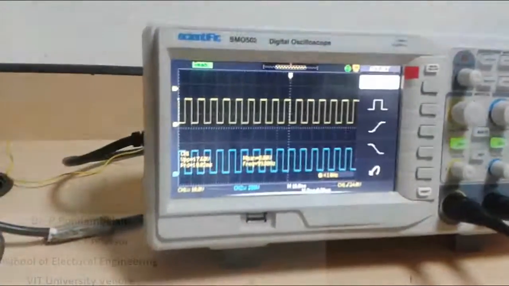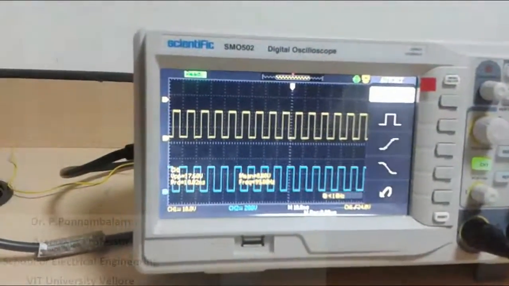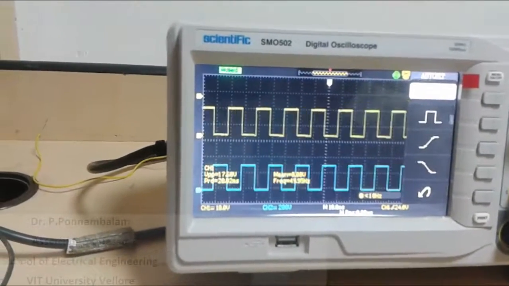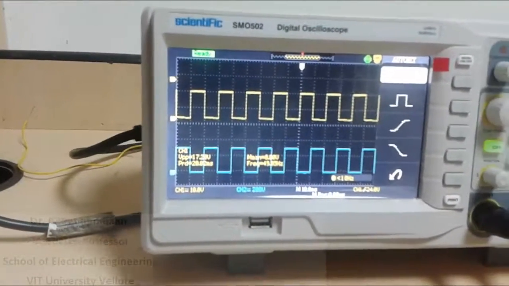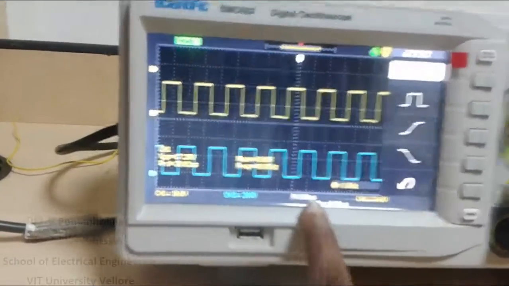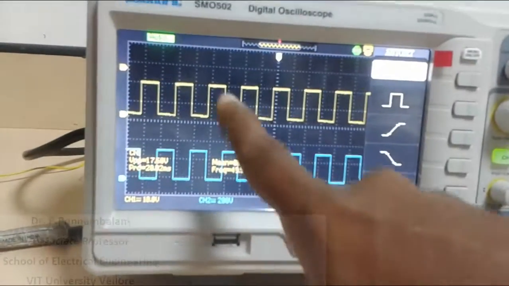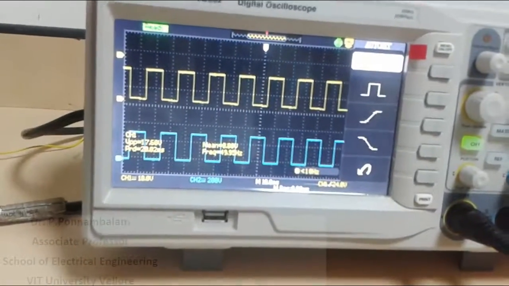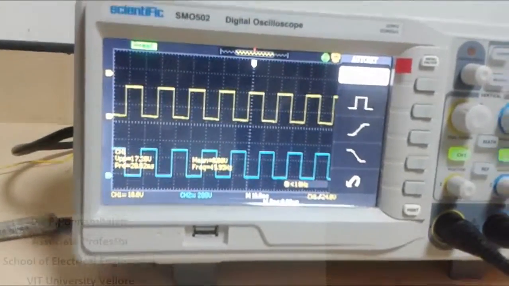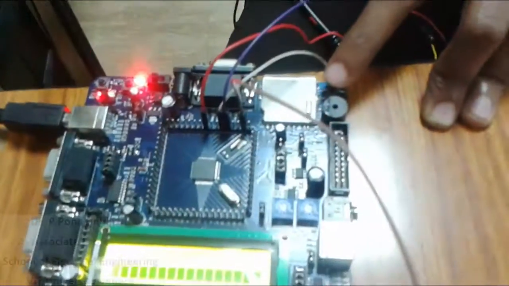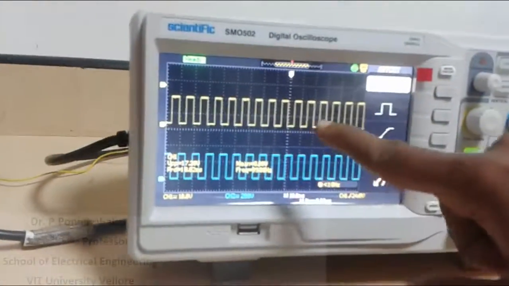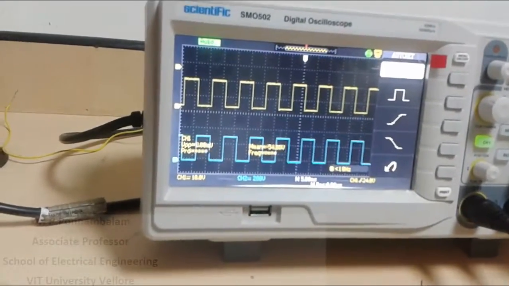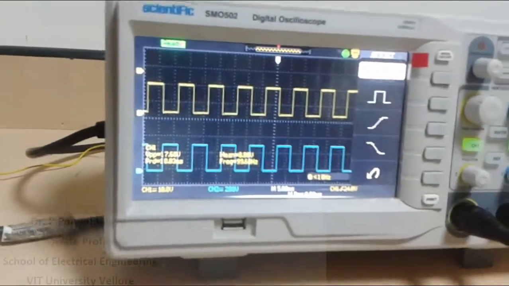You can see that when I press the interrupt, the frequency has increased. I'm pressing the reset. Initially you can see 10 milliseconds; approximately one half cycle is 10 milliseconds, so it is 50 hertz. When I press the interrupt button, you can see it has changed to 5 milliseconds, so it is 100 hertz.